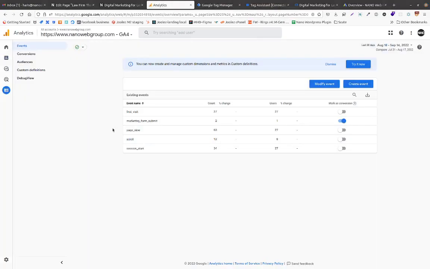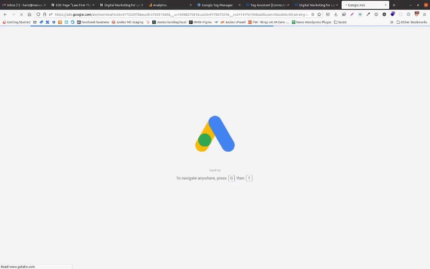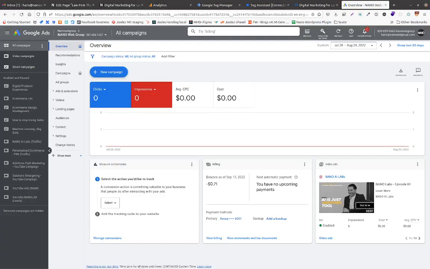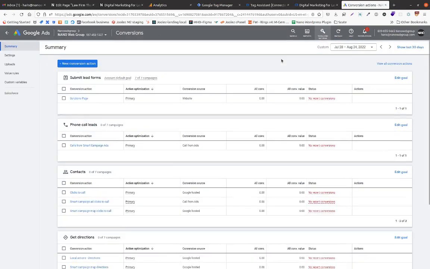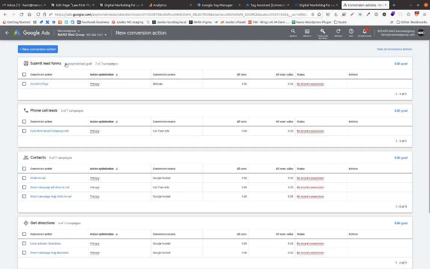When enough data has been submitted to a particular conversion or an event, Google will show the data in the events, and at that point you can import those conversions into Google Ads. So you go into your ads account, and once you've logged into the ads account, you go to tools and settings and you go to conversions, and then in the conversion you do new conversion action,